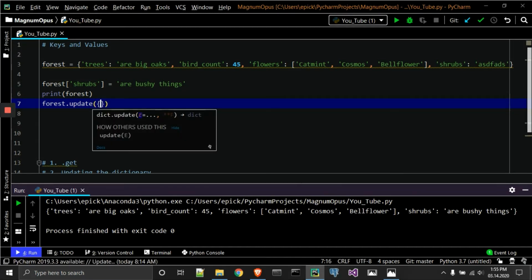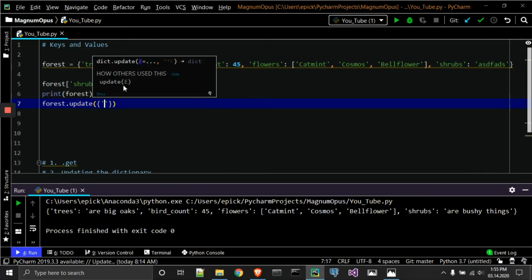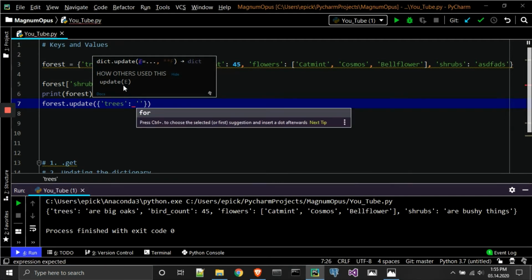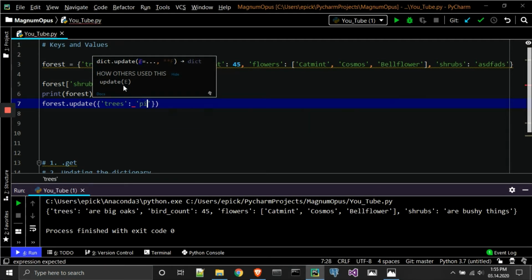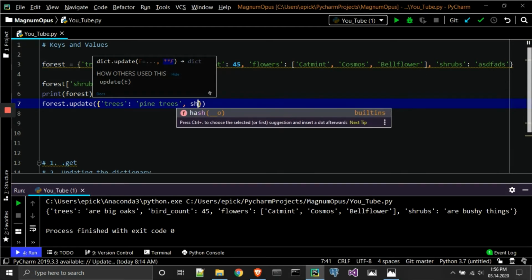So let's establish a dictionary. For example, you could establish trees, which is a key, and instead of them being oaks, we'll just say pine trees. And since we still have gibberish for shrubs, we'll go ahead and update shrubs